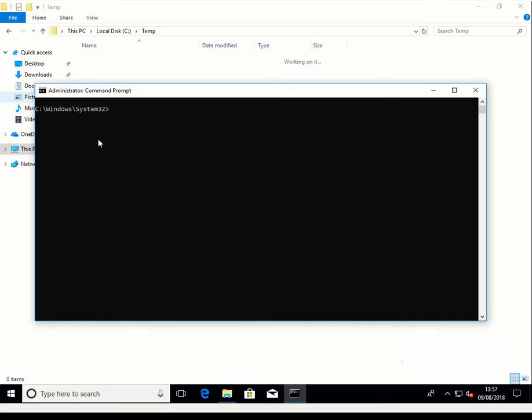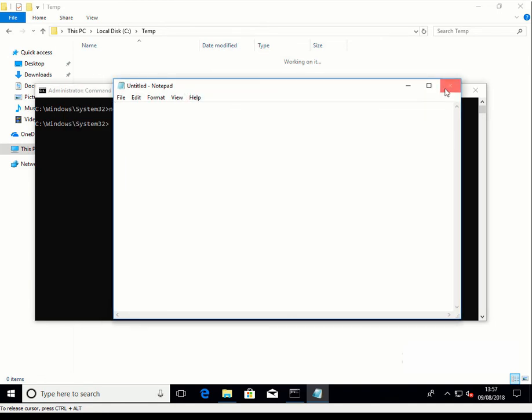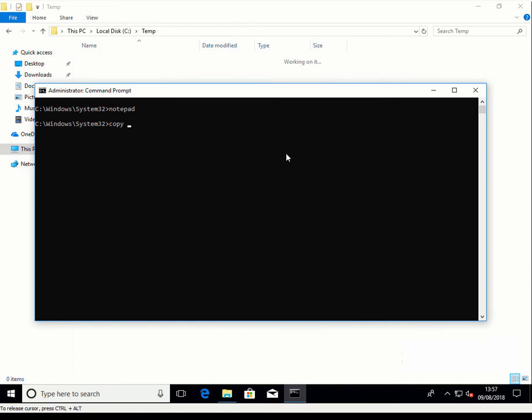So here we have our elevated command prompt, where I'm going to show that copying a Windows system binary outside of our two allowed locations, the Windows folder and the Program Files folder, will result in an execution denied. I'm going to use Notepad for this demonstration. If I just run Notepad from within the System32 folder, that's allowed, being inside Windows, and Notepad launches as we would expect. If I copy that executable outside of the Windows folder